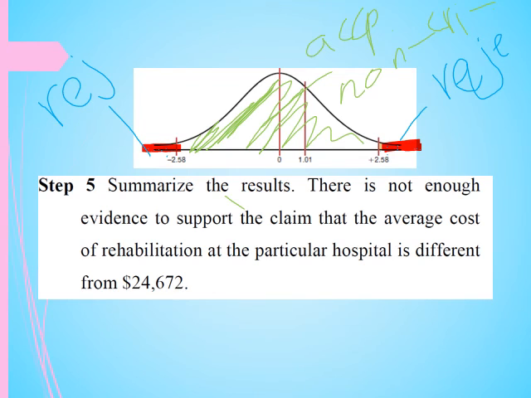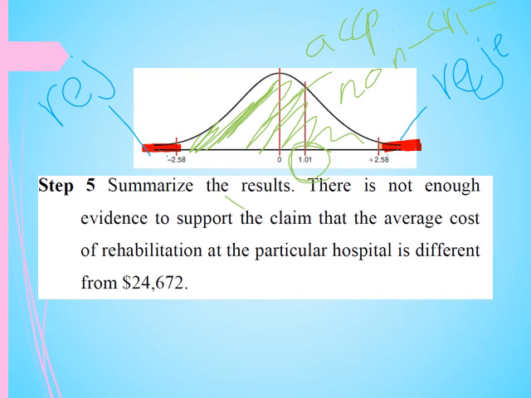So here, if we recall the test value, we found it's equal to 1.01, which is here in the accepted region or non-critical region. So when summarizing our result, there is not enough evidence to support the claim that the average cost of rehabilitation at a particular hospital is different from